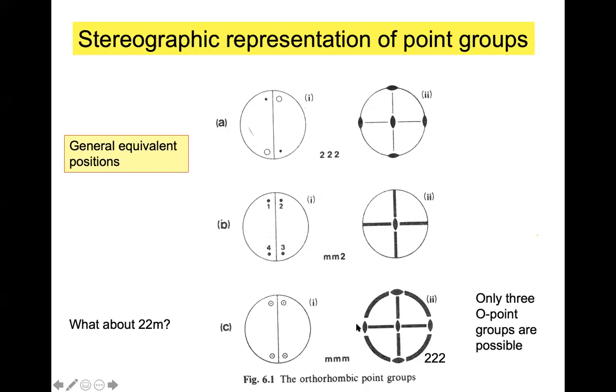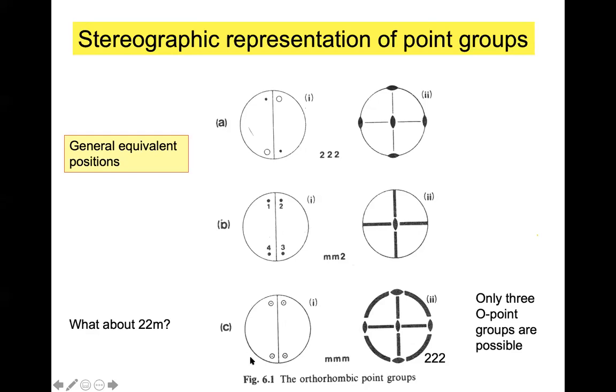Now I will do this horizontal. If I do horizontal, this point will come here, this point will come here. Now I do the mirror plane on the circle. If I do the circle, all the 4 points will go below. So now I have points above, below, above, below, above, below, above. So now I have 8 equivalent positions. 2-2-2 produces 4 equivalent positions, MM2 produces 4 equivalent positions, and MMM produces 8 equivalent positions.